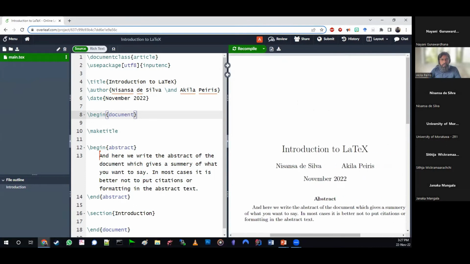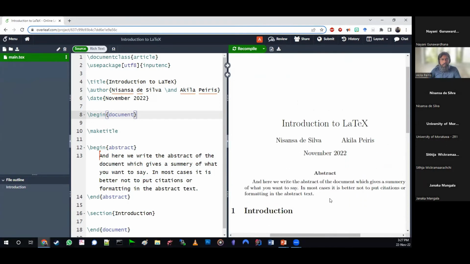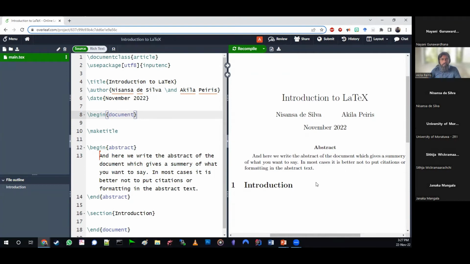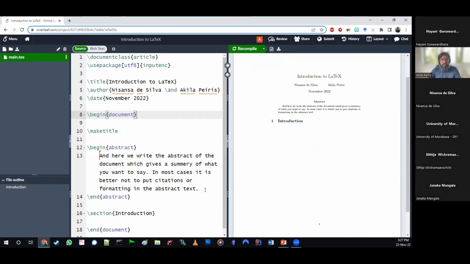No one had to say that, okay, abstract is in bold and it is in the center, right? All of those happened automatically. The only thing Mr. Akila typed is this, and this margin, as you can see, is different from this margin. He did not have to say that, right? He only did this, and those things were automatically handled.